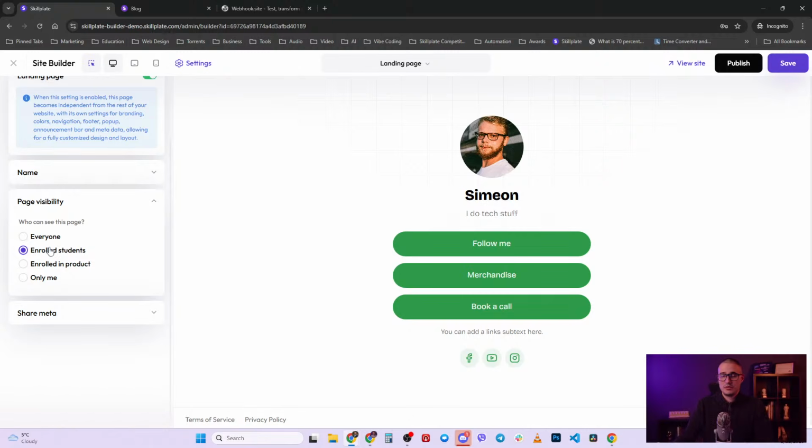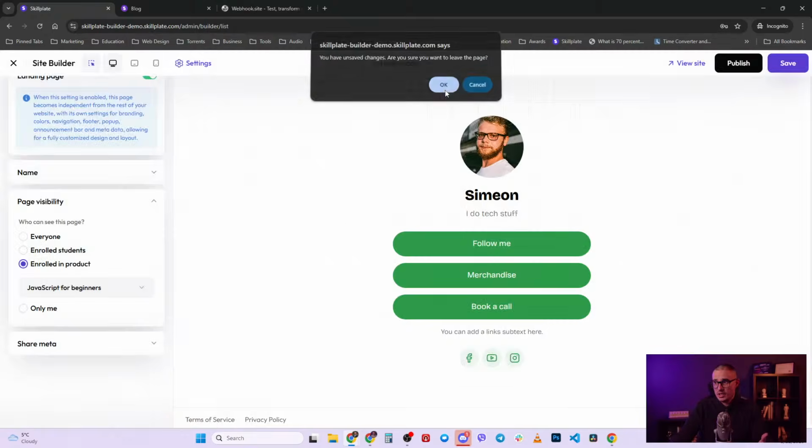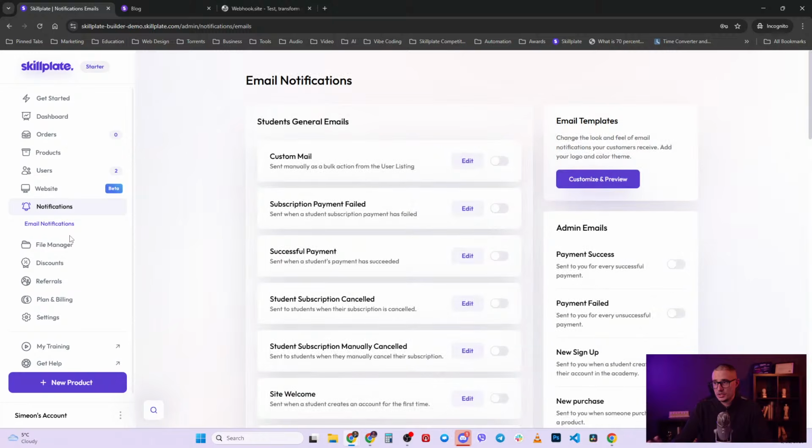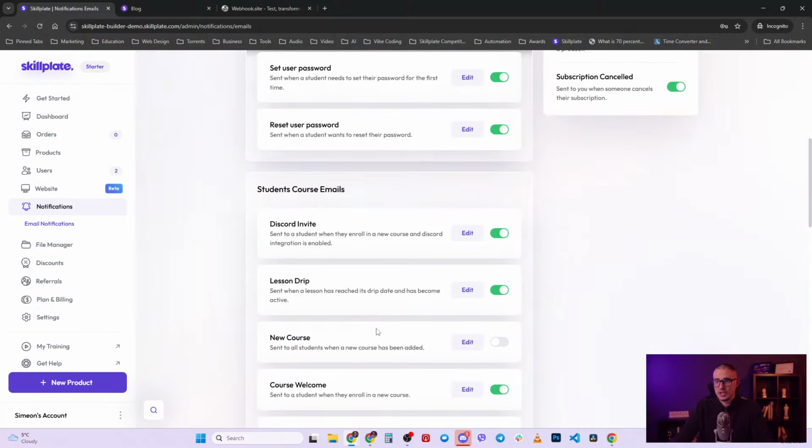But ideally, if you create a landing page with a free product or a paid product or whatever, the user has either chosen their own password or has the password that you set up for them. Then you would choose enrolled in one of your products. So it's not a password page per se, but in the email which people receive, and you can customize all the emails for each and every product type, and you can create custom emails for each and every product,